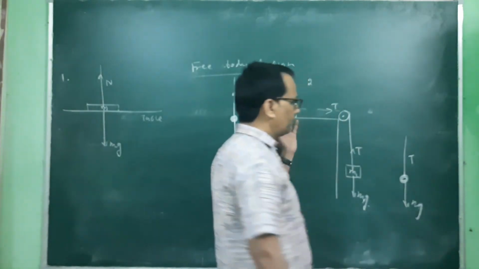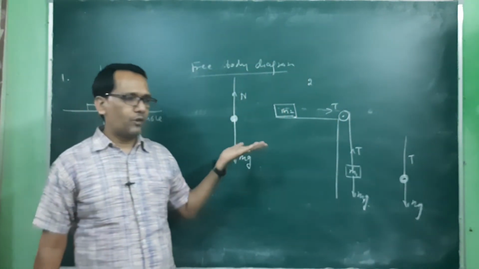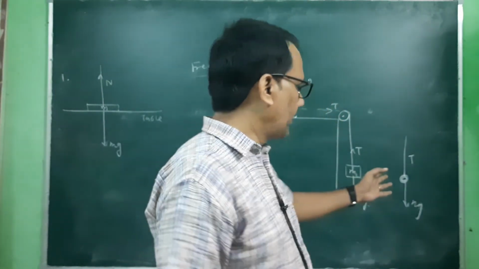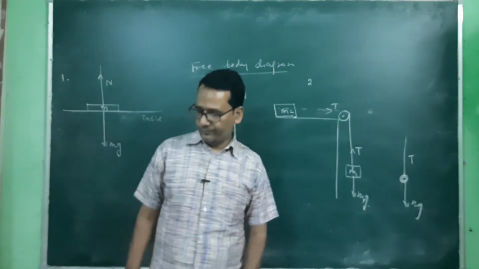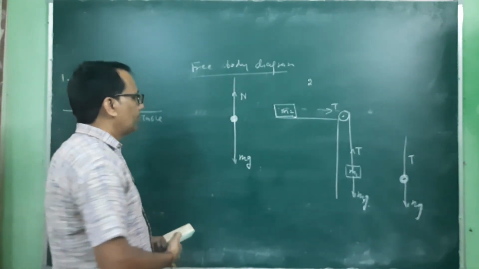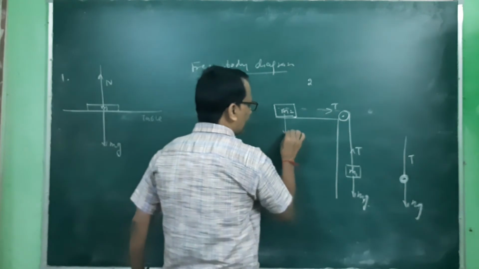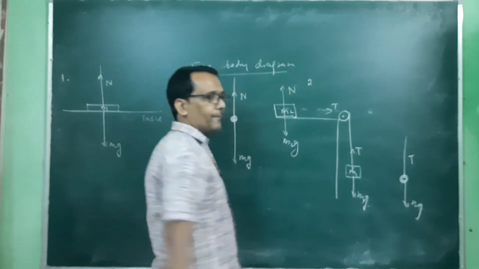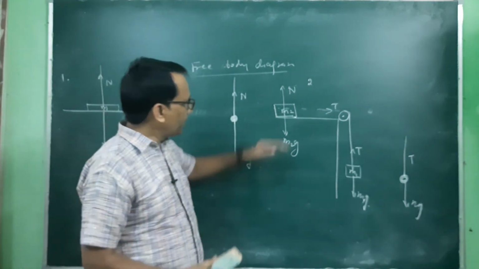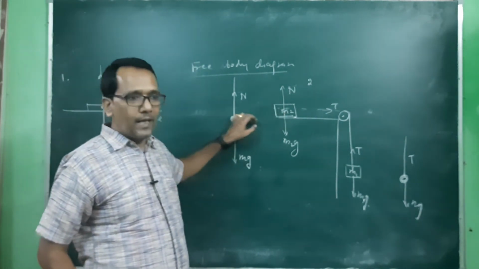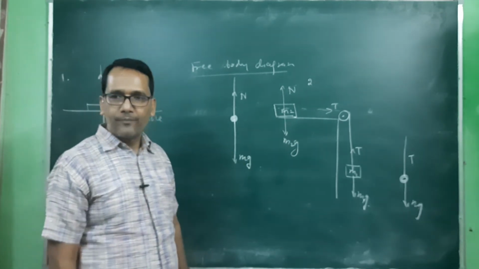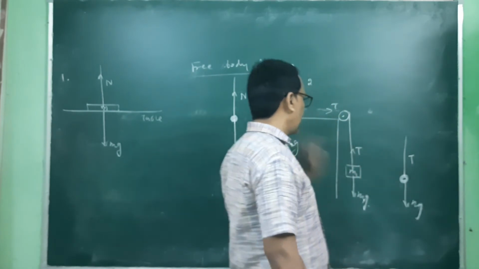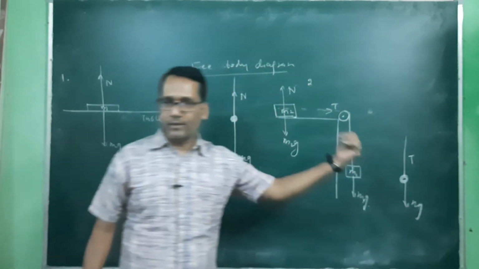Okay, so in different numerical problems, when we talk about friction and other things, we will detail further, but a simple diagram we can draw for this system. Here again this force is M2g and the reaction force is N, and further we will talk about the friction between these planes. So we will have some more forces applied, but this is the simple free body diagram for this, mg and toward that.